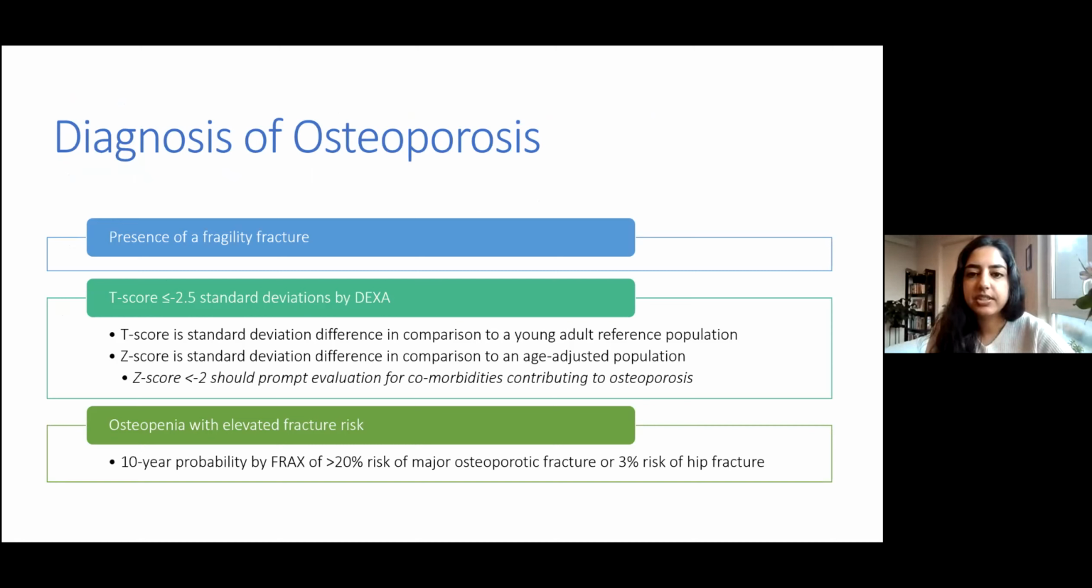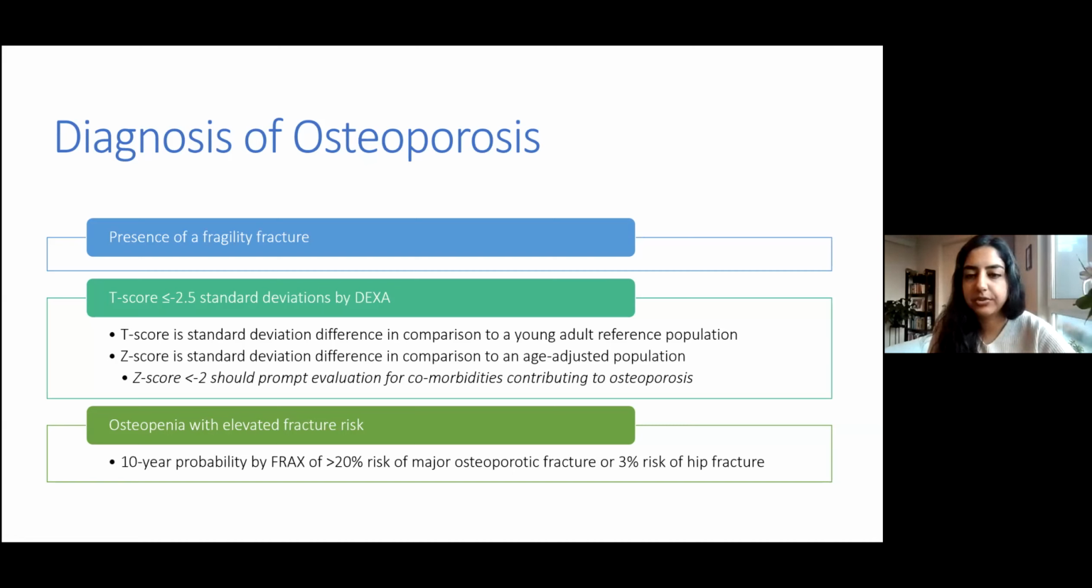You can diagnose osteoporosis with the presence of a fragility fracture, or based on a DEXA that shows a T-score less than 2.5 standard deviations. A reminder that the T-score is standard deviation difference compared to young adults, whereas a Z-score is standard deviation difference compared to the age-adjusted population. So if you have a low Z-score less than 2, that strongly suggests that this person may have a predisposing condition contributing to osteoporosis, that they probably have more severe osteoporosis for which there's a secondary cause. And lastly,